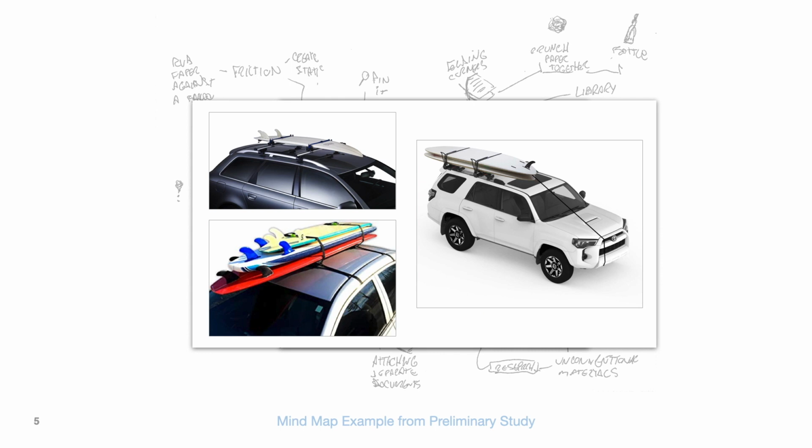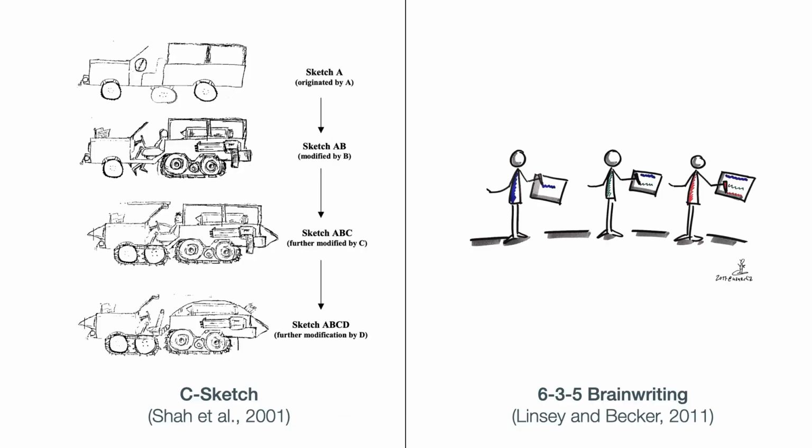Throughout our lived experiences, there are expectations as to what surfboards are and how they should be stored and how even people use them. This influences our thinking. Design fixation can be seen as tunnel vision, regurgitating old ideas, or even being blinded to alternatives. And while a designer may think broadly, certain features of pre-existing solutions can keep reoccurring, as we see in these photos. So this poses as the main challenge of how we can help users overcome design fixation and come up with creative solutions on their own.